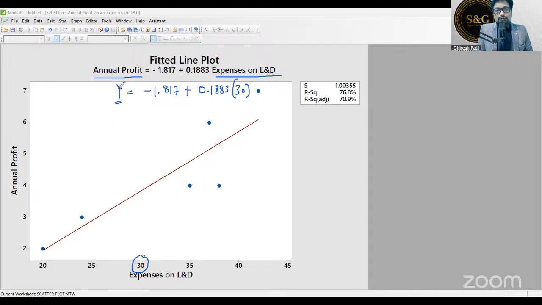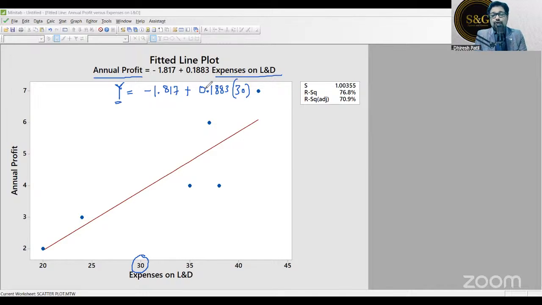Can you just pull out your mobile calculator or Excel calculator, whatever it is, and give me the answer in the chat quickly. I'm just giving you a clue. It will be around 4 crore rupees approximately. But you just give me the exact number. I'm not calculating it. You have to calculate. This is how the regression equation is also called a prediction equation. You can predict the value of X with the help of Y or value of Y with the help of value of X.